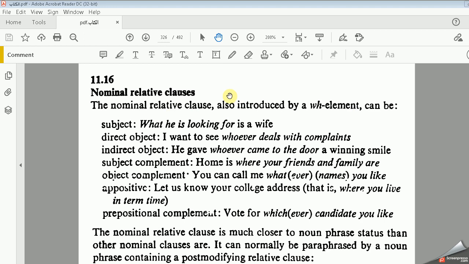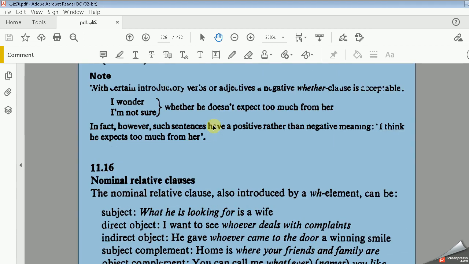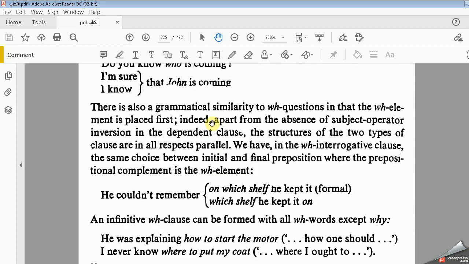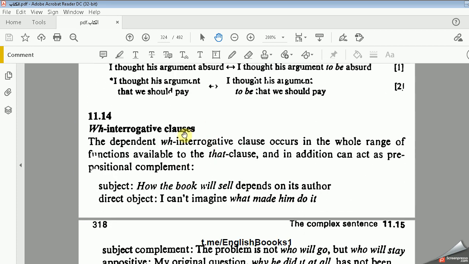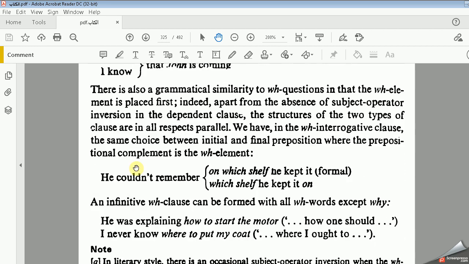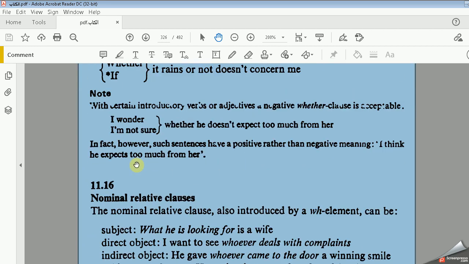Why did the writers mention the word "also"? They said that because they want to compare it or make a similarity with the WH interrogative clauses, which is another type of nominal clauses that starts with a WH element. If we come back to this